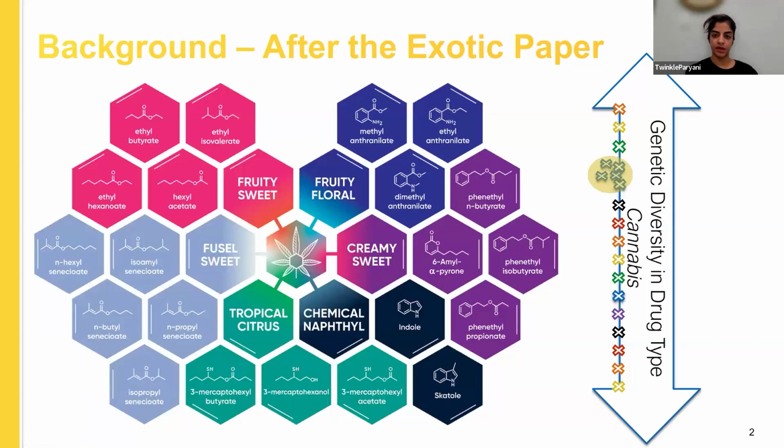And so here we have a bunch of esters. A lot of these are esters, which are not uncommon in nature. They're found in a lot of fruits. They're found in other plants. Really, a lot of different natural products contain these compounds, so it's not unheard of that they would be in cannabis. We just didn't know that they were there because they're in such low concentration. When you're focusing on terpenes, which are 90 to 95% of the aroma fraction by weight, you're drowning out everything else. And the nose is a really sensitive detector. So the nose can pick up on it much easier than some analytical equipment, actually, if you're not looking at the right concentration levels.